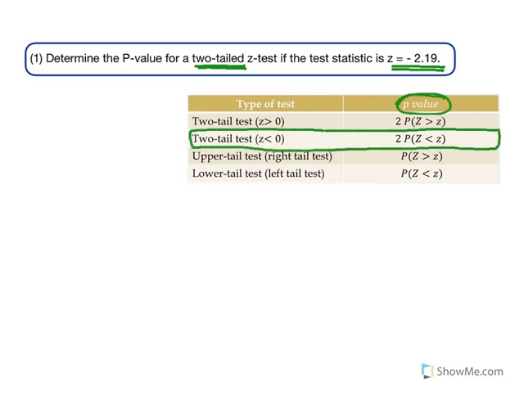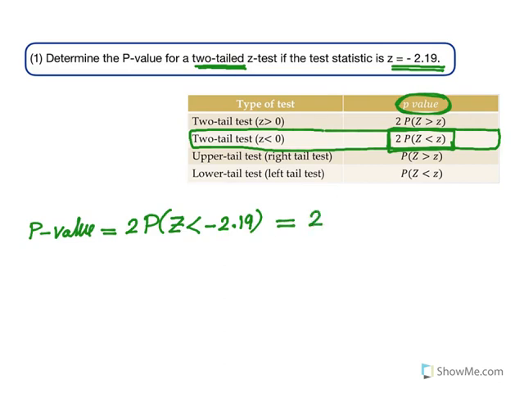Notice the p-value is here. This is how you compute it. So it's saying that you have to use this formula for the p-value. So you can say the p-value for this question is equal to 2 times the probability that z is less than the test statistic, little z, which is given, negative 2.19. And so because it's less than, you can use the z table here, so this will be 2 times,